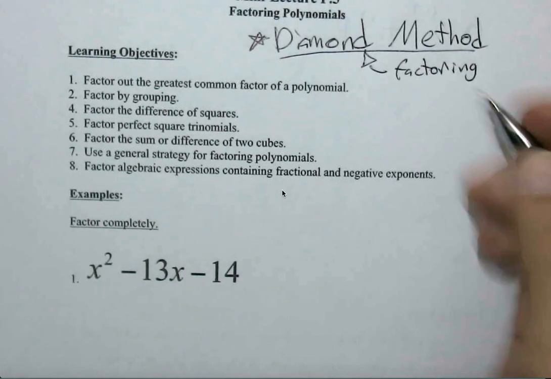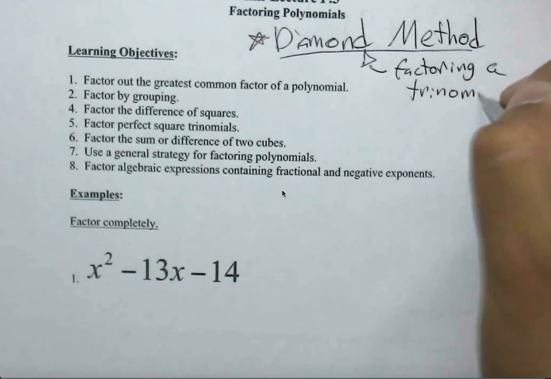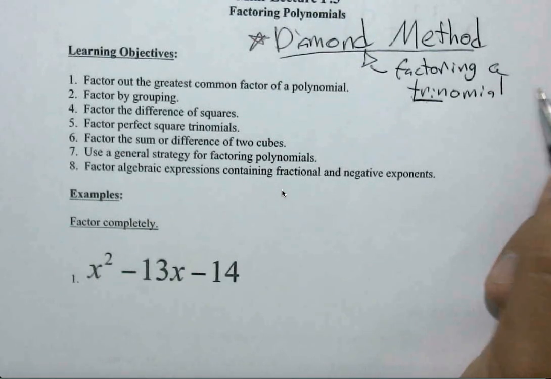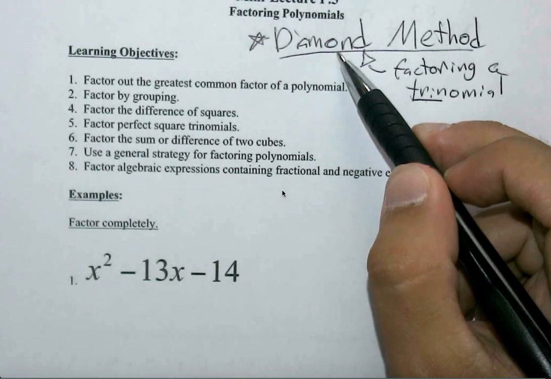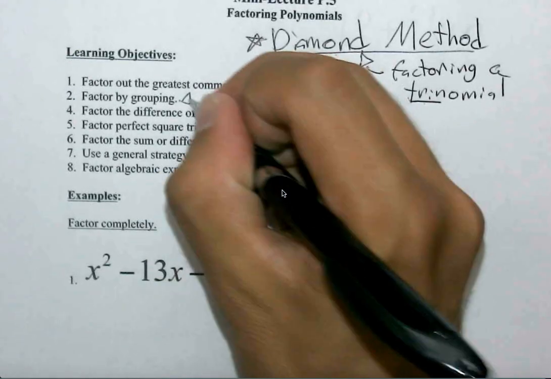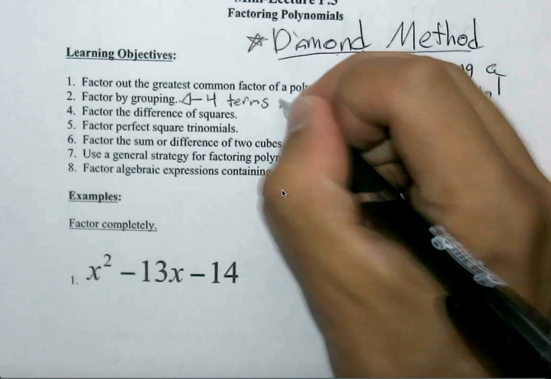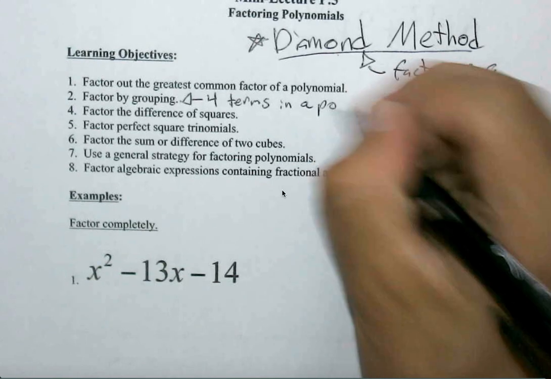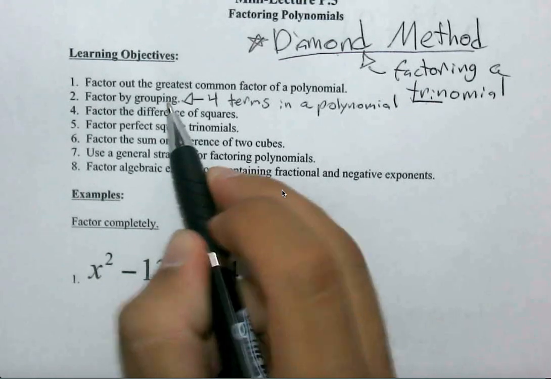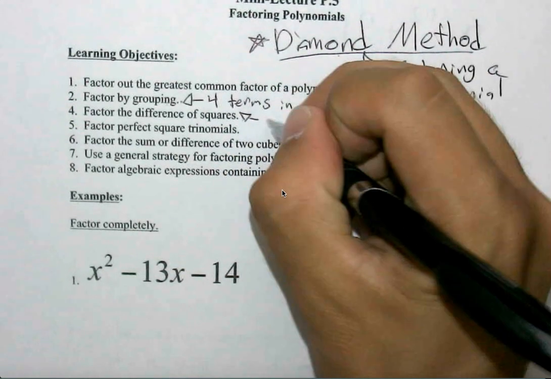For the most part, I use this when I'm factoring a trinomial. So that's implying that there are 3 terms in the expression. Think of it like a tricycle. Trinomial has 3 terms. So diamond method, we'll see that in the first example. We'll also see factoring by grouping, which only happens when we have 4 terms. So if we have 4 terms in a polynomial, chances are we'll be using factoring by grouping, so we'll see that. Difference of squares is when we have 2 terms,